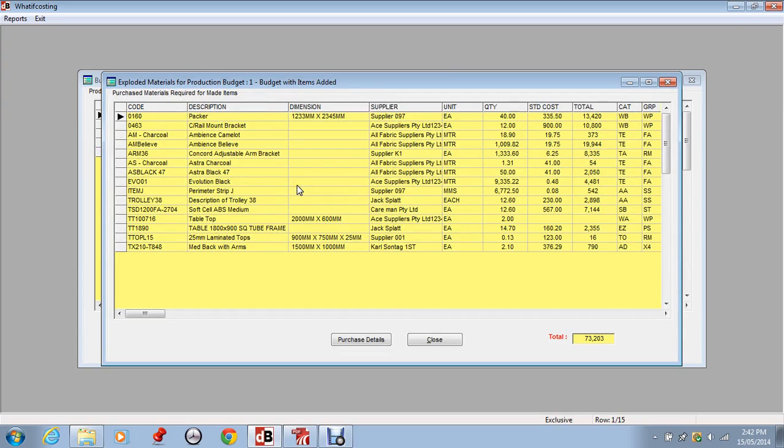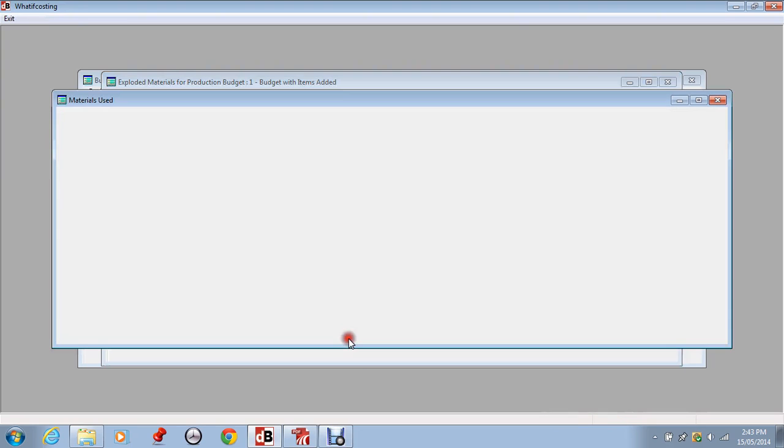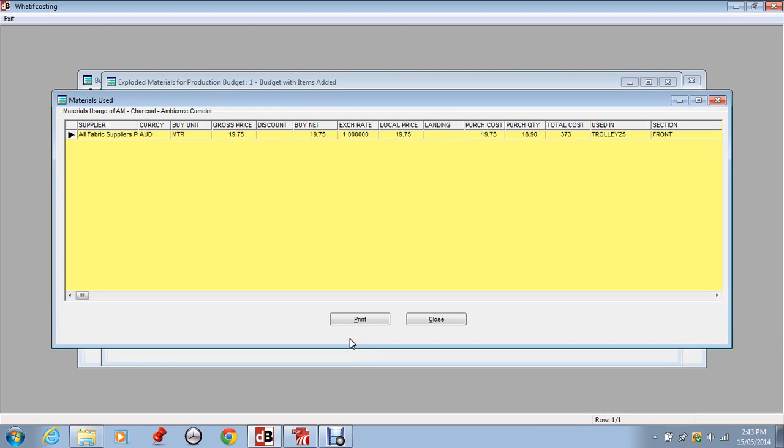Okay, so we've now exploded the production budget into its purchase materials. Now each one of these is a summary of each particular item required. If you want to drill down further into any one of these items, you can click on the item and purchase details. So you will see here the actual